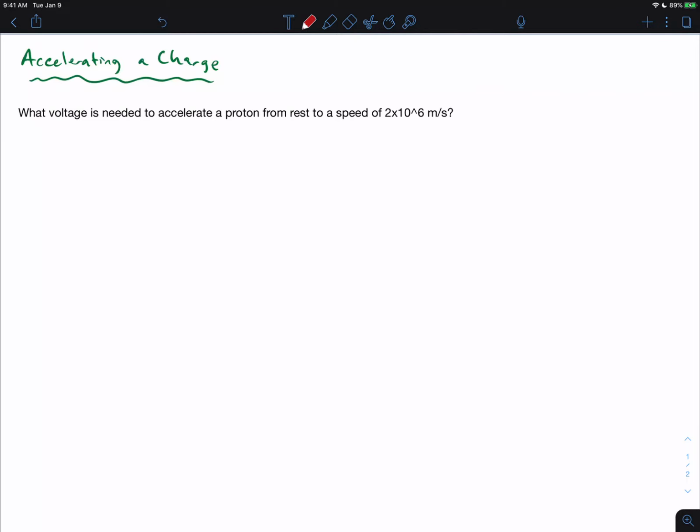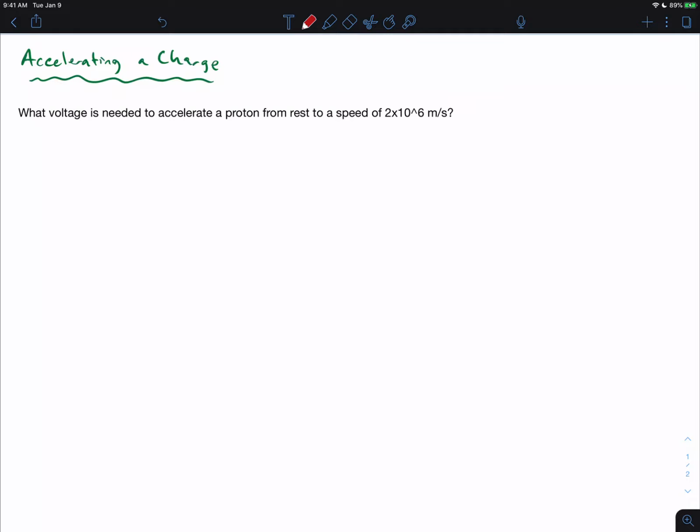Okay guys, what we're going to do in this video is go through an example of the force that is experienced by a moving charge in a magnetic field, right? So what I want to do first is go through one example that we haven't gone through explicitly in this class, and I want to go over it with you guys because it takes a little bit of knowledge from Physics 1, so I want to make sure that everybody's on